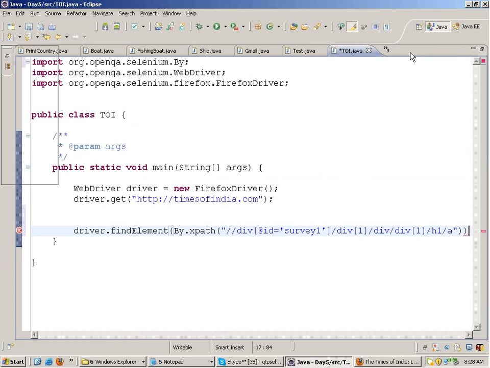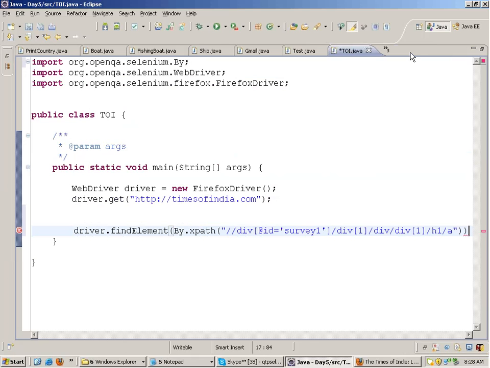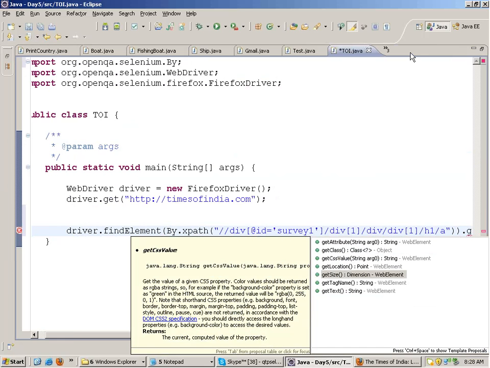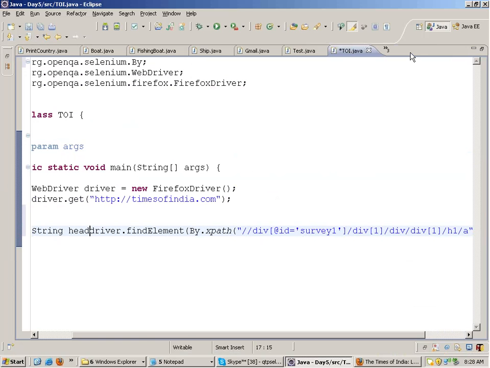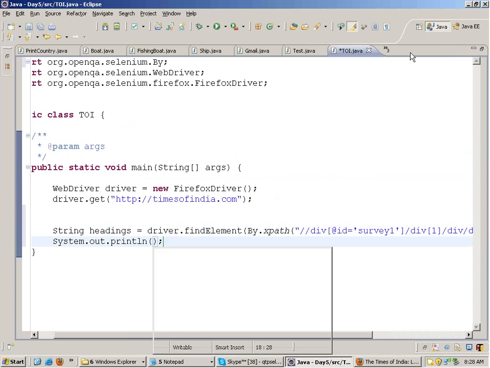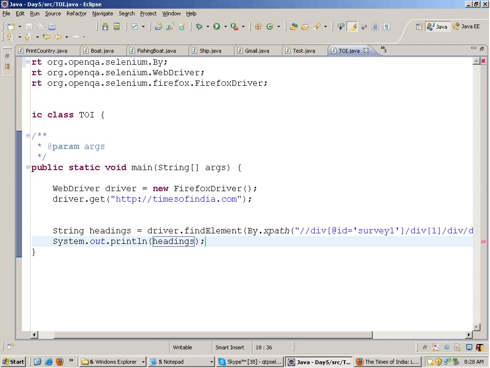Right. What will this line do? This will find the headings. And from the headings, from the web element headings, get the text. Take the text in a string and print the headings. So if you run this code,